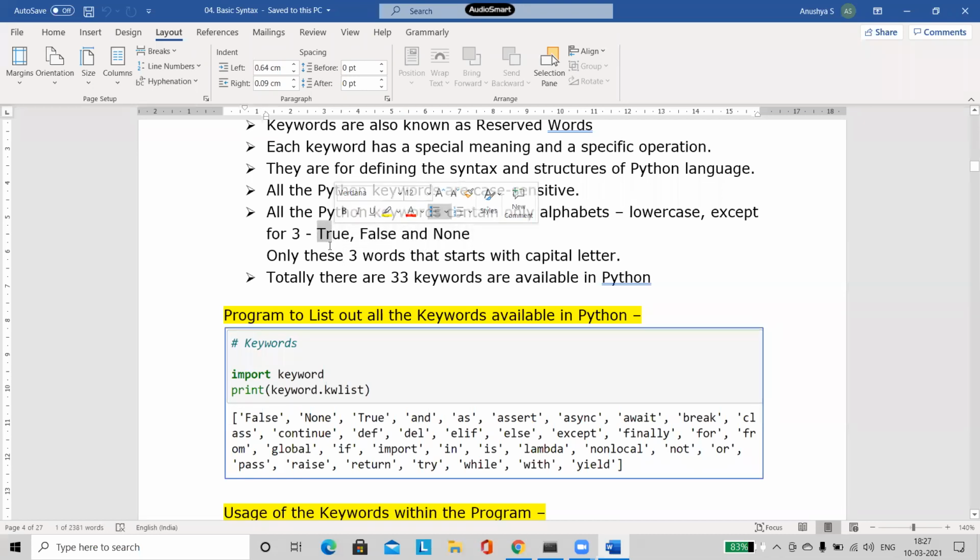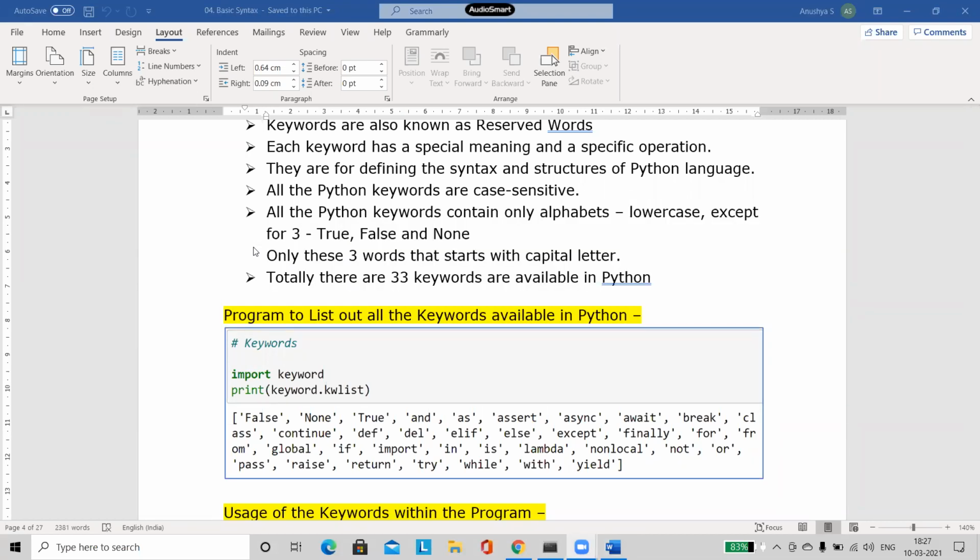For True, T is capital, for False, F is capital, and for None, N is capital. Other than these three, all the other 30 keywords are in lowercase letters only. So remember this very carefully.